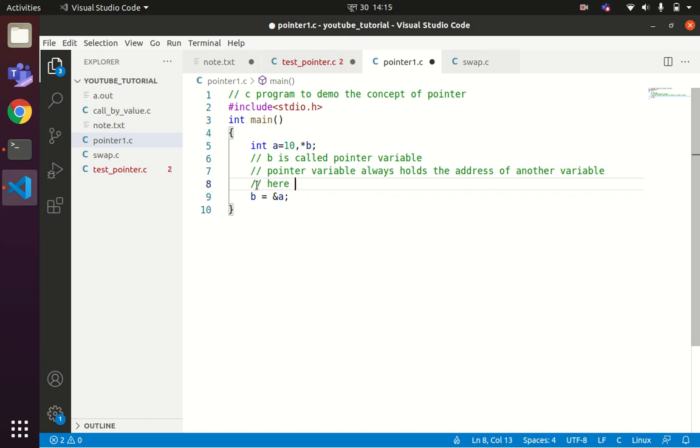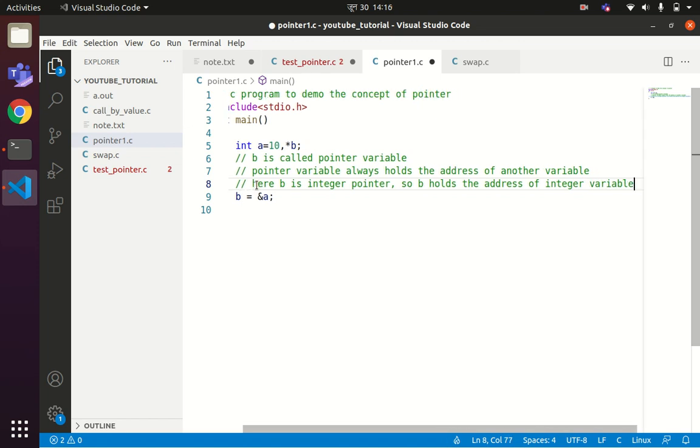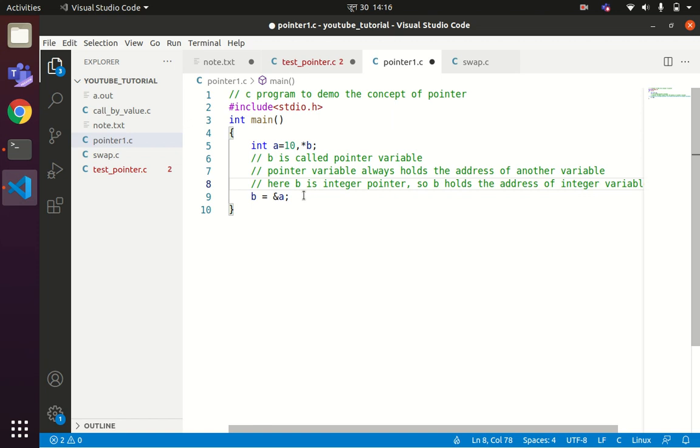So here b is an integer pointer, so b holds the address of an integer variable.